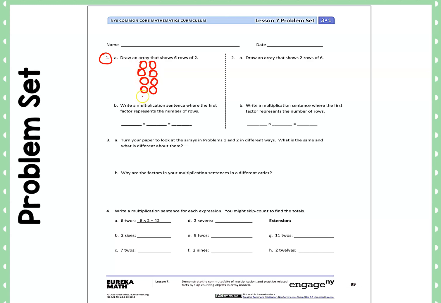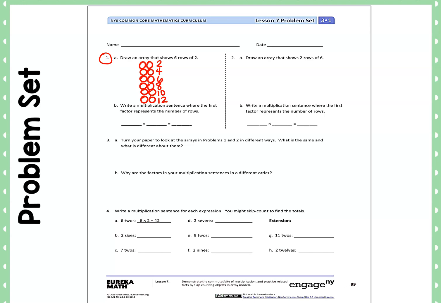1, 2, 3, 4, so I need 2 more rows. I might even have to make this a little bit smaller. 4, 5, 6. That was kind of tricky to fit in. Okay, let's go ahead and do our skip count for this array. So I'm going to write the skip count next to the row. So we have 2, 4, 6, 8, 10,